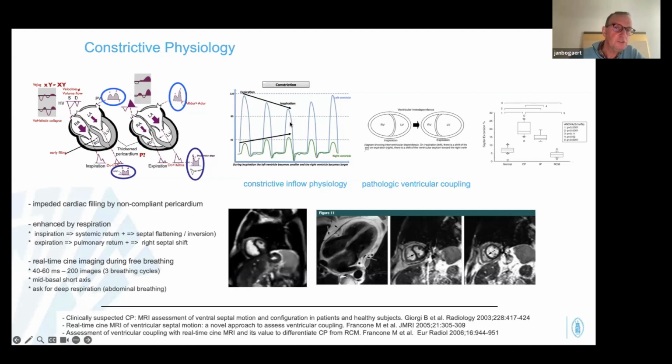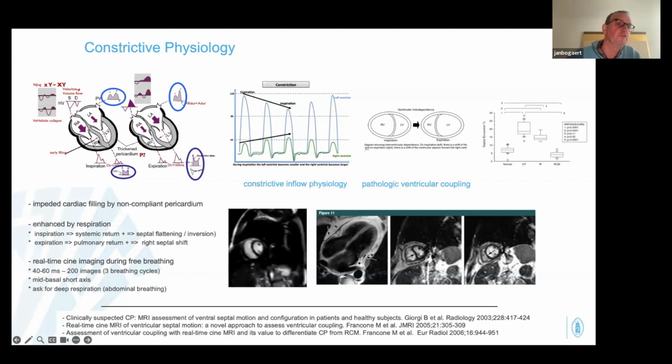We can measure this with CMR. If you do phase contrast imaging over the mitral and tricuspid valve, you can look at the inflow patterns. The problem is, because of through-plane motion, that it's not easy to interpret them. You can do it, but what we do is we use another phenomenon,